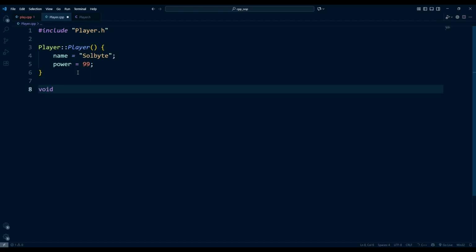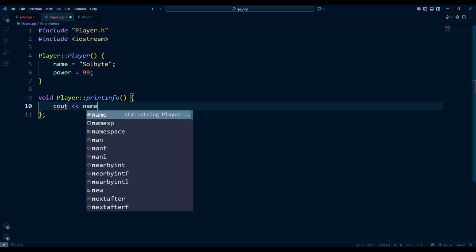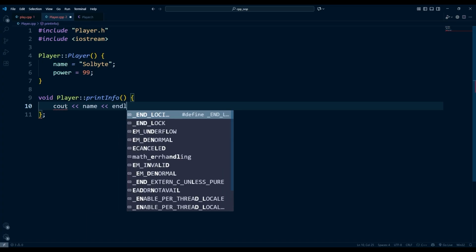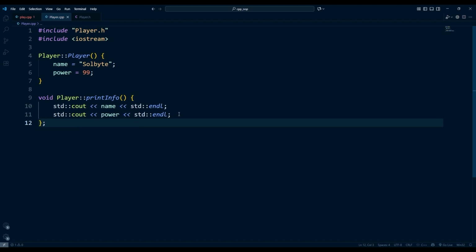So we're going to do void Player printInfo. All right, so I had to add the iostream so that I can do the cout, but now we can do the implementation of printInfo. We can do cout, we'll do name, and then we'll do the endl, and then we will do another cout for the power and another endl. Perfect. All right, so now we have the printInfo function able to actually print the name and then the